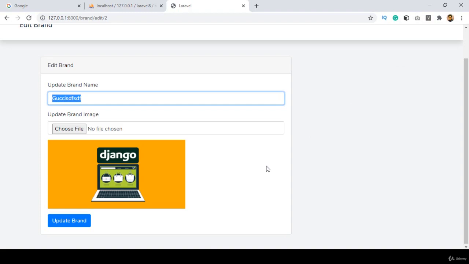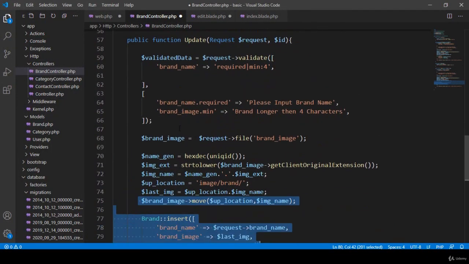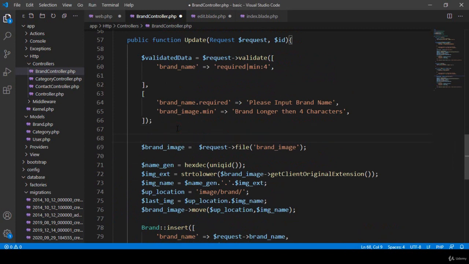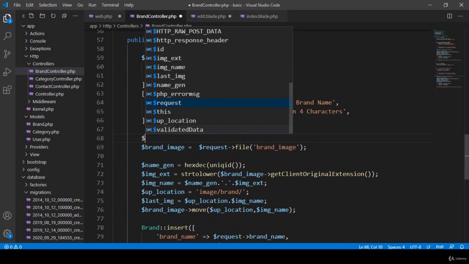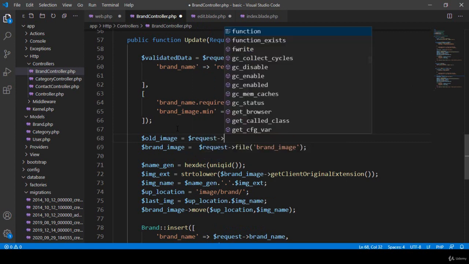So if you want to do that work, after this here I want to take one variable. I take one variable as old underscore image. Oh, sorry, old image. So old image means our requested, that means the requested, and with this request here